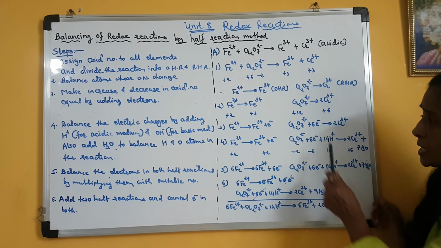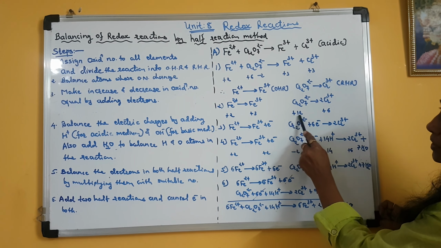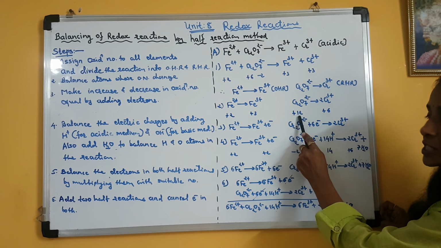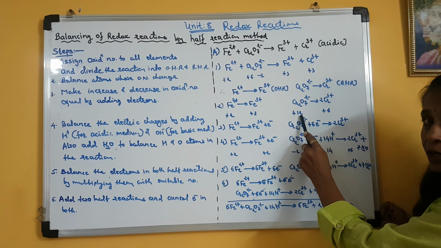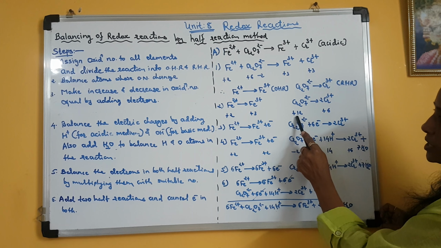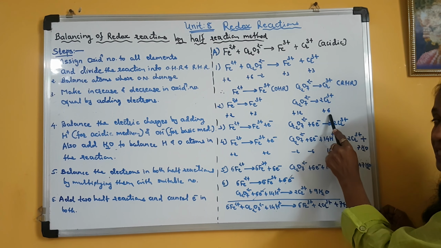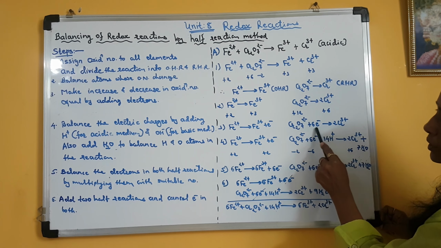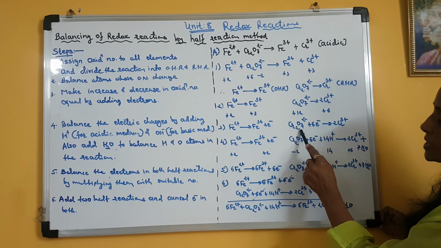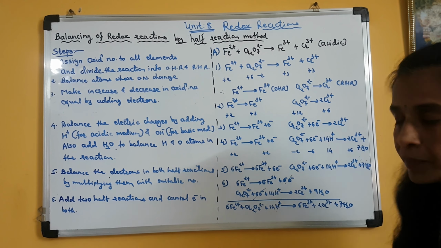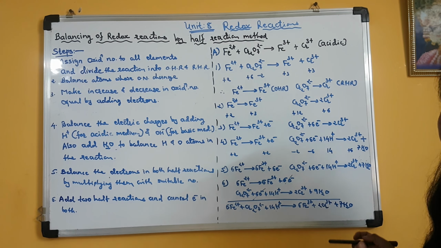Clear? Similarly here, on the reactant side, oxidation state of 2 chromium atoms is +12. Clear? Remember this, it is oxidation state, not the electric charge. So to balance oxidation state, we add electron. On the reactant side it is +12, on the product side it is +6. Means on the reactant side I need to add 6 electrons. So +12 minus 6, it will be +6. Here also it is +6. So that is how I have balanced the oxidation number of chromium in the reduction half reaction by adding electron.